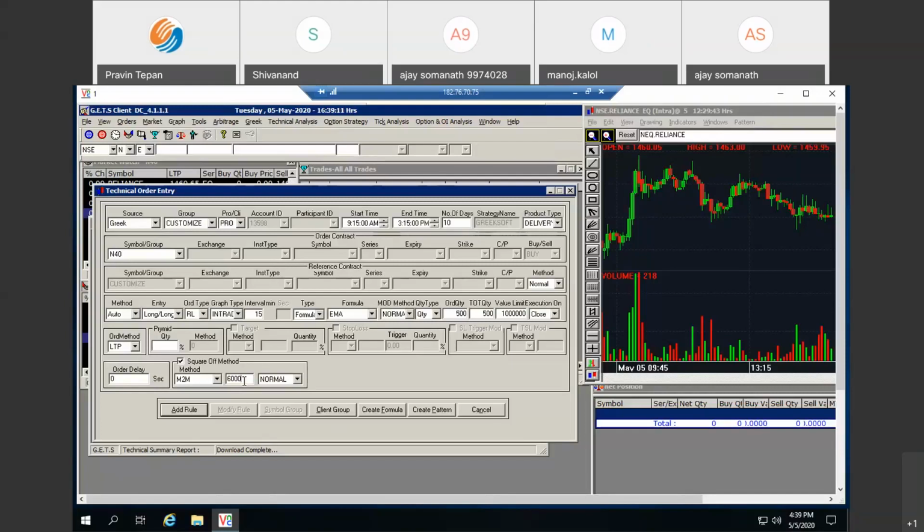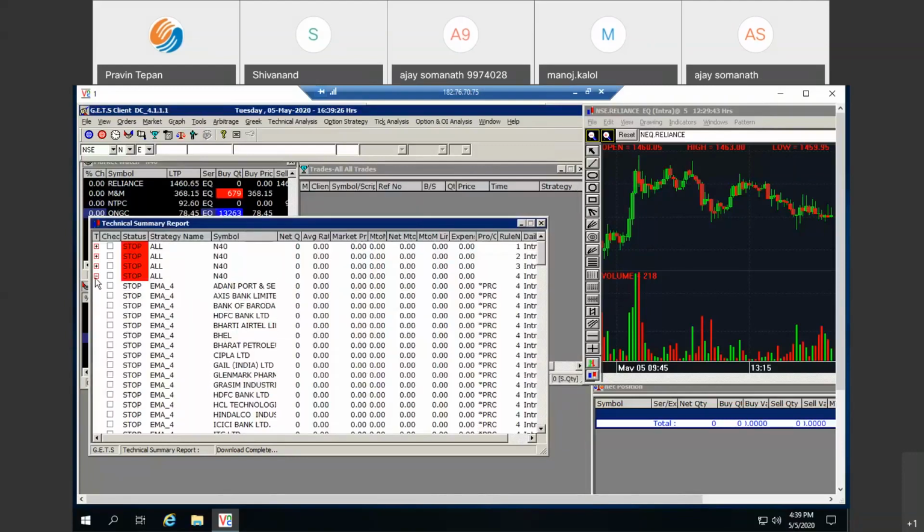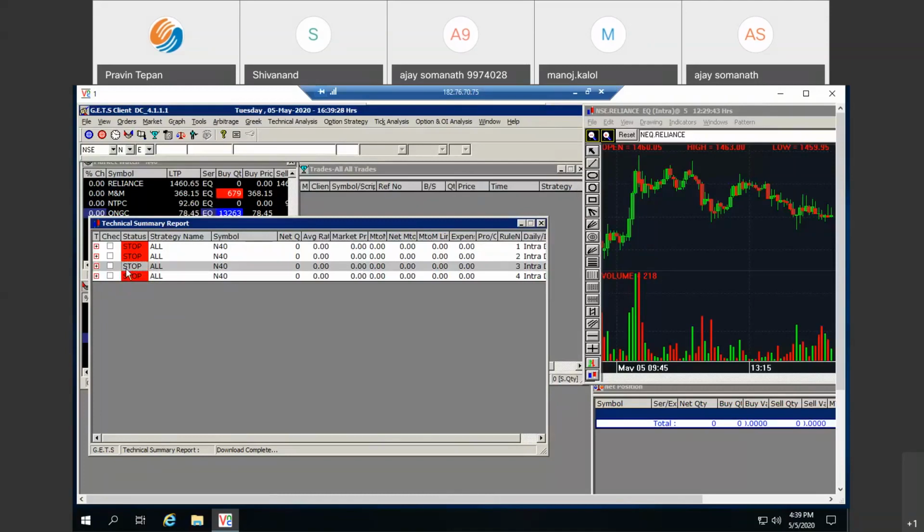So like this, you can have all the settings in place, and you have to add the rule. So this is for buy, and one is for sell. So every time you have to add two rules if you want to buy and sell both. One is for long and long exit, and one is for short and short exit.